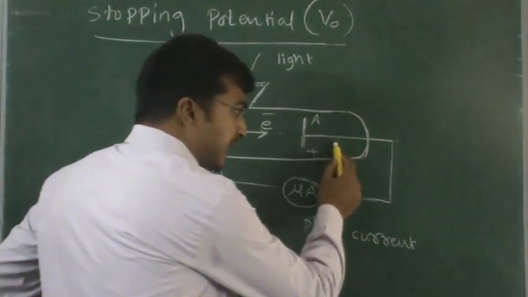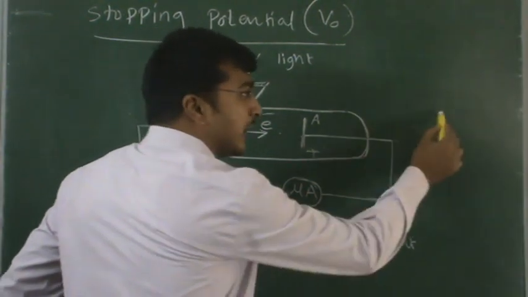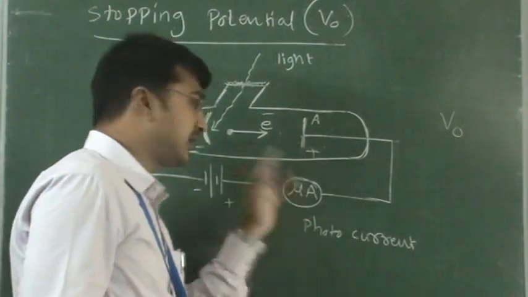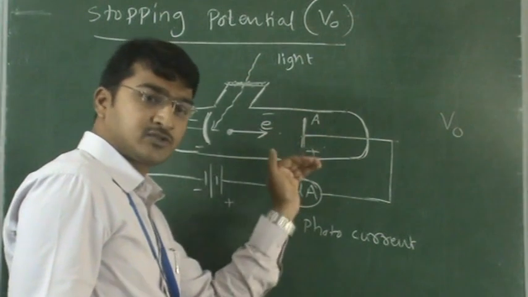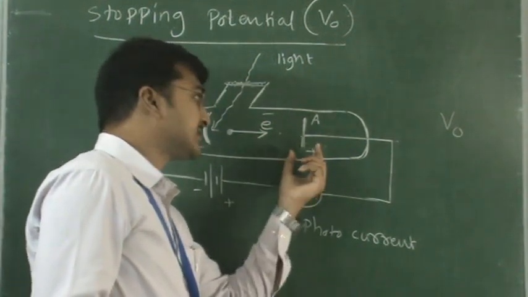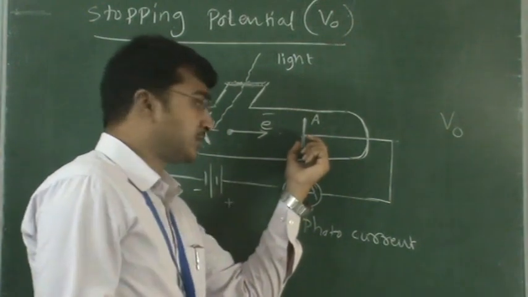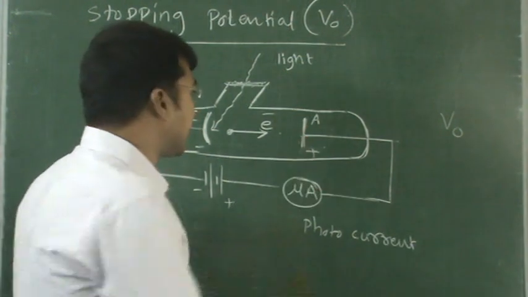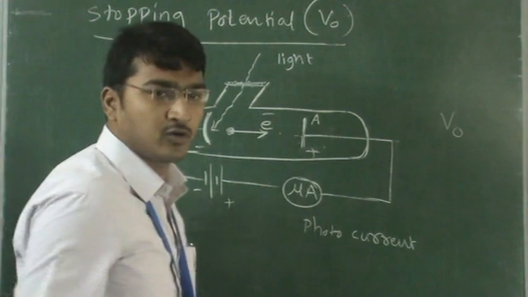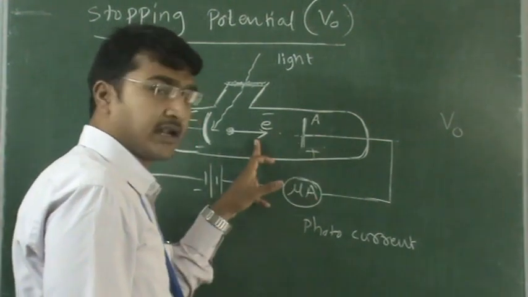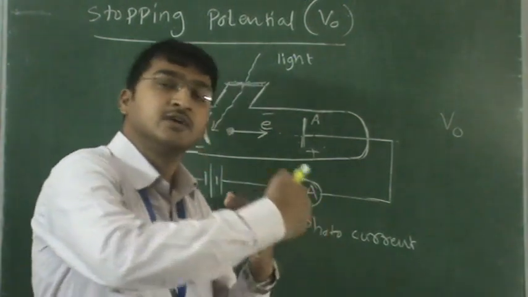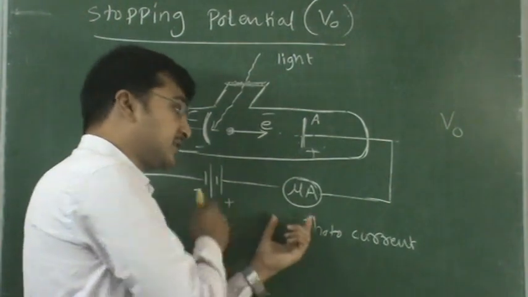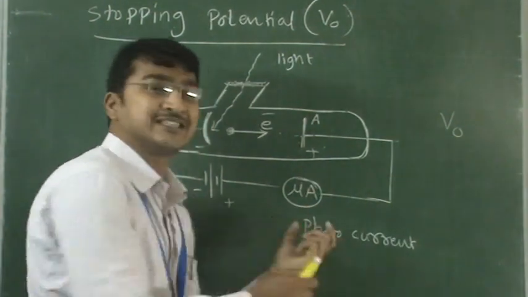As we increase the negative potential, at a particular potential of the anode plate, let us assume V naught, say 0 volts, then minus 1, minus 2, minus 3, minus 4 volts like that, by increasing the negative potential or reducing the positive potential, at a particular negative potential of the anode plate no electrons will reach the anode. Why? Because this negative potential repulses the electrons, so no electron reaches the anode plate, and the circuit does not allow any electrons to pass through it. So the ammeter will show a zero reading.